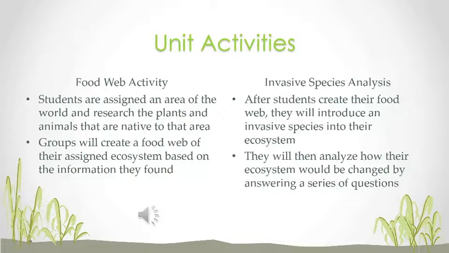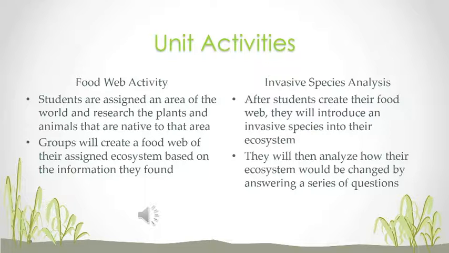For the food web activity, students will research an area of the world that has been assigned to them, like Sharonville, Ohio, for example. They will research the biotic and abiotic factors that make up the ecosystem, such as plants and animals native to that region, climate, and landscape. Using this information, they will make a food web that contains at least 4 plants and 10 animals the group